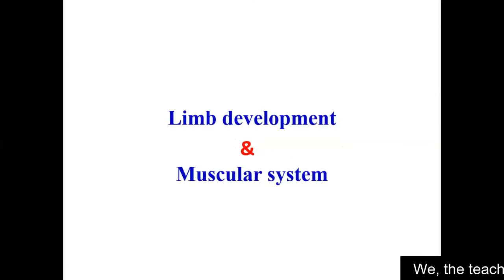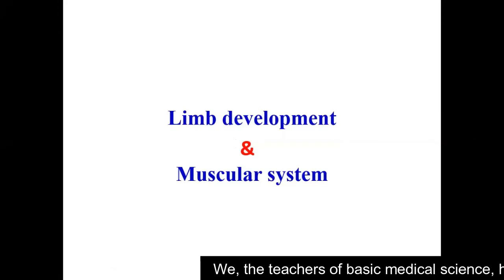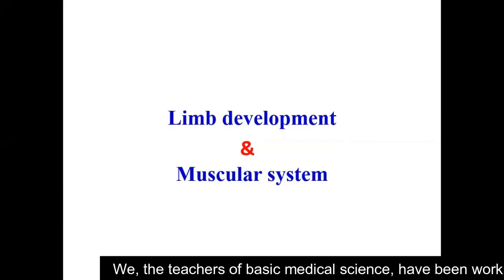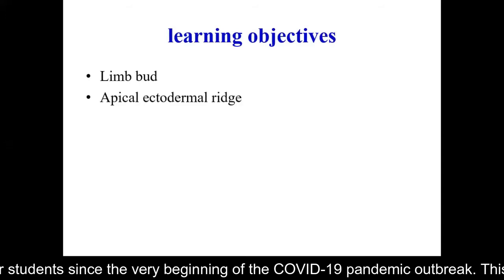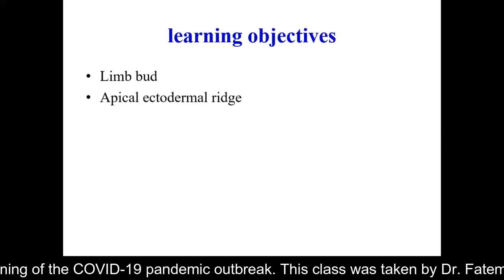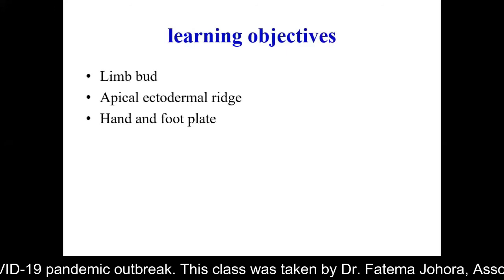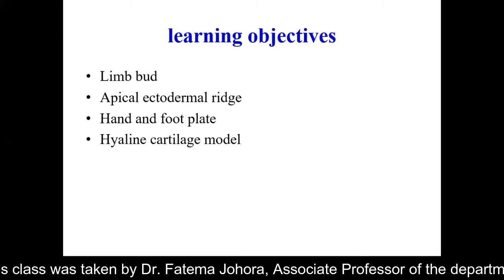Dear student, today we are going to talk about limb development and the muscular system. Our learning objectives are, and these learning objectives are very important. We will discuss how limb buds are formed, what the apical ectodermal ridge is, where it is formed, hand plate and foot plate formation in the limb bud,